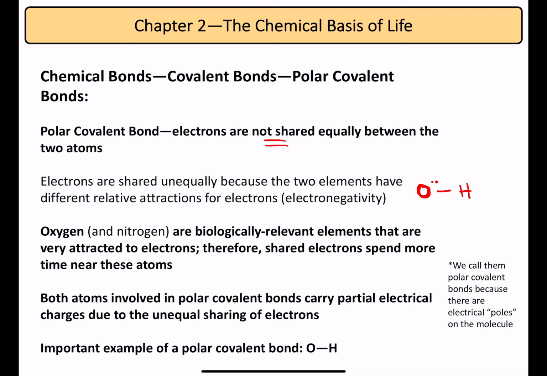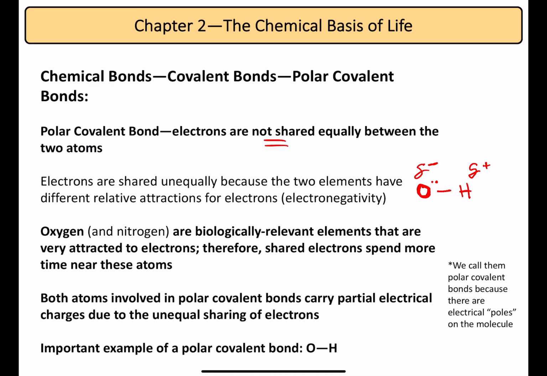And remember, electrons are subatomic particles that have negative electrical charge. So if you have 2 electrons spending more time near the oxygen atom, circling around, that's going to make the oxygen atom more negatively charged. And conversely, since the electrons are going to be spending less time near hydrogen, it's going to make that hydrogen area